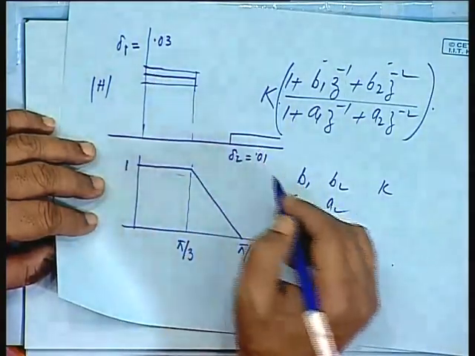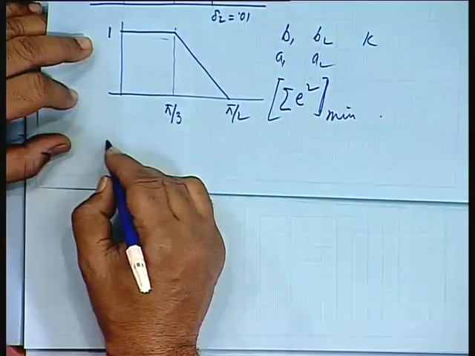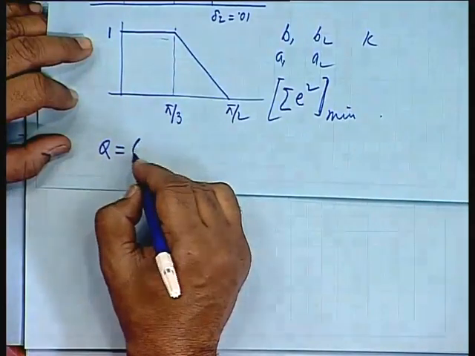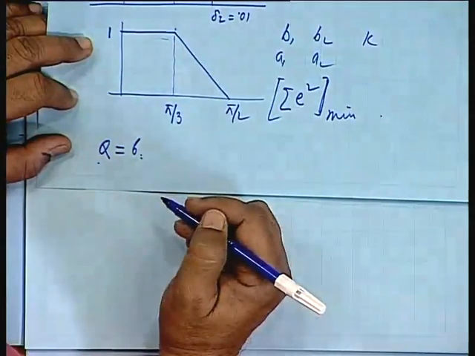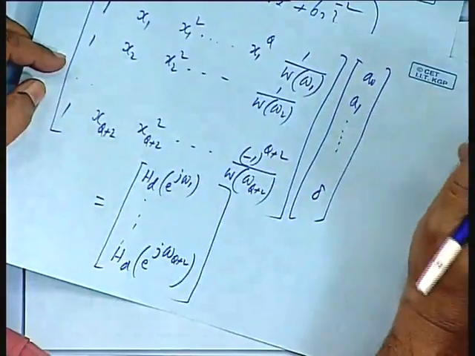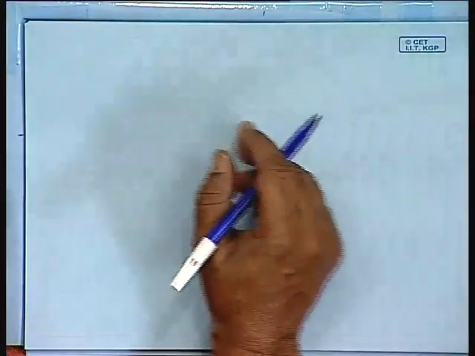For these specifications, design a filter of length 6, q equal to 6, by this Parks-McClellan algorithm. Okay. So I leave it to you as an exercise,